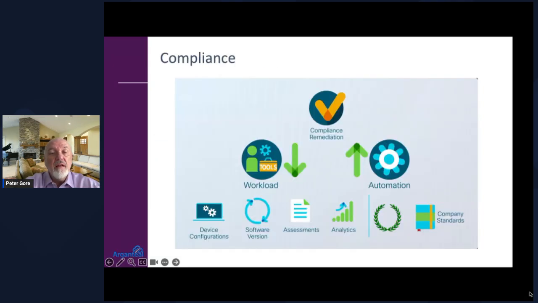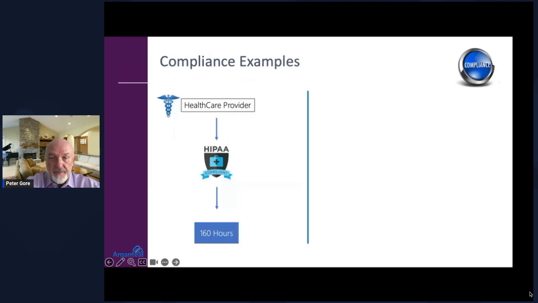Another big thing that a lot of people work on and a lot of people suffer from is compliance, right? So how do I make sure that my environment is compliant? Again, it's going to depend on your organization. But you're going to have to leverage automation inside your environment. So to start with, device configurations and software versions that are deployed. This will allow for non-compliant devices to be identified and then remediated.